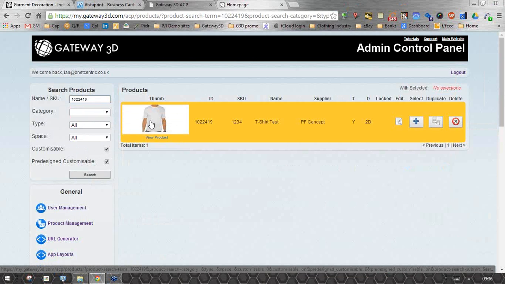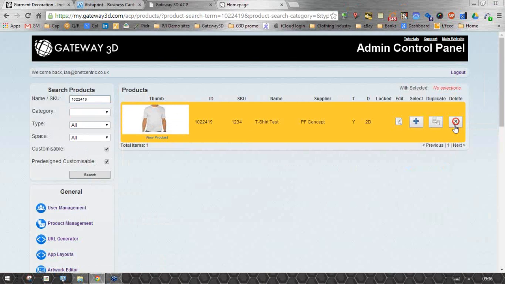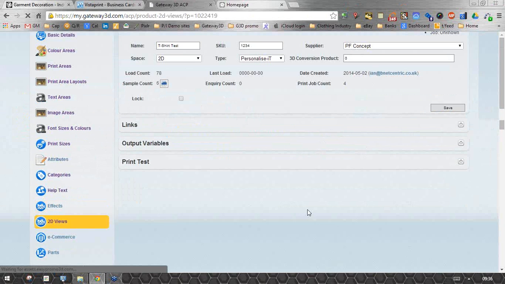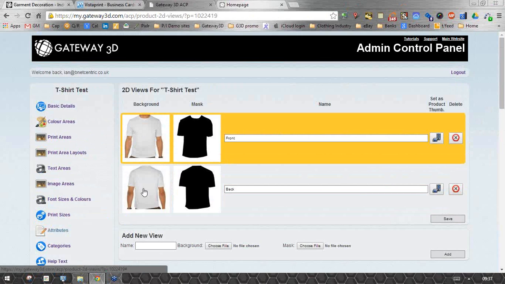Obviously the range of clothing that you could be providing might be jackets, high-vis waistcoats, skirts, blouses, trousers, whatever it might be. As a 2D template, the product itself could be set up within here. So this product has started off from a photograph of a product, which has got a front and a back view. So these are just uploaded photographs with a mask to cover the decoration area. So anywhere on the product it is saying can be decorated, we can then specify other branding areas within that